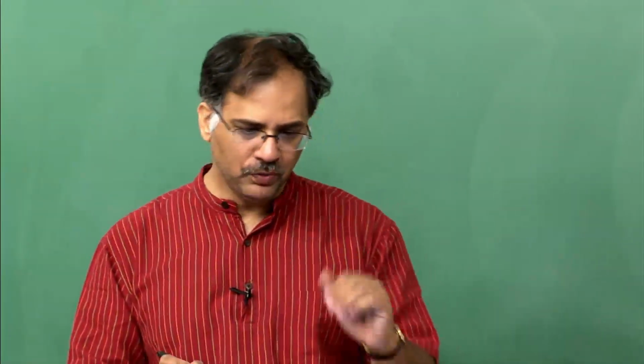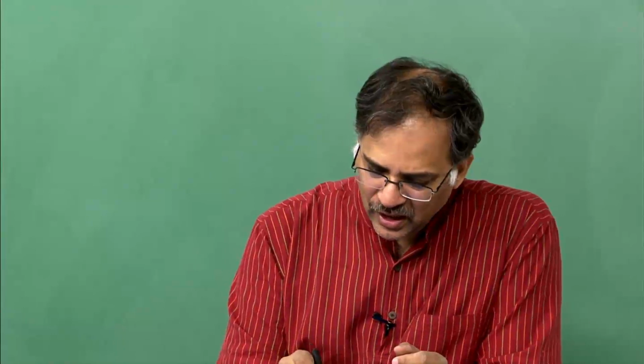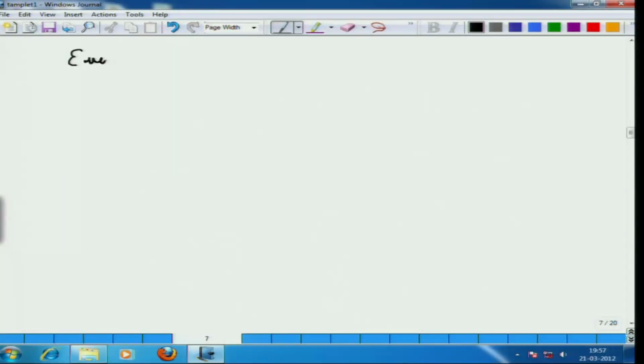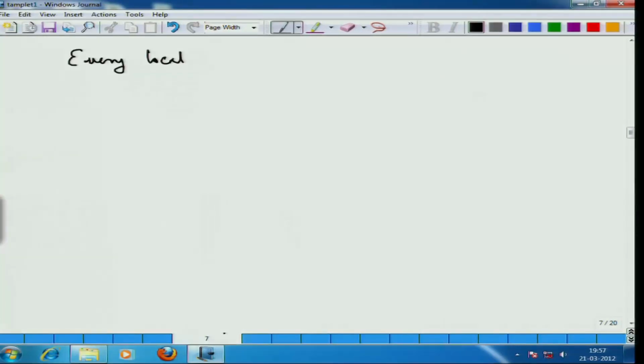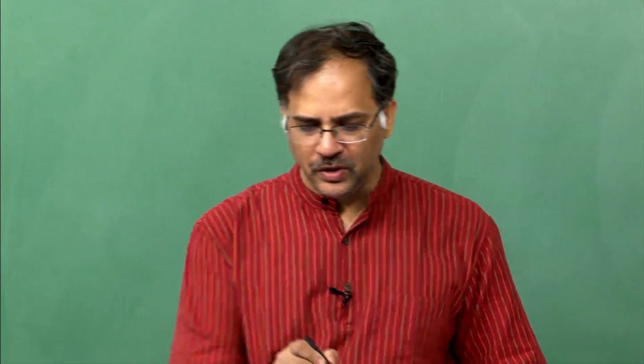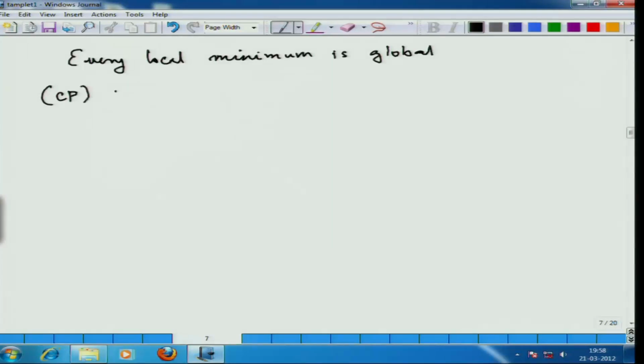What I want to show you now is that every local minimum of the problem CP, that is the convex programming problem CP, is global. The reason why I am calling it a program has a historical basis, but I will tell you that history later on. But let me just do the math: every local minimum is a global minimum. That is, there is no purely local minimum. So, if I take the problem CP and consider x bar to be a local minimum,